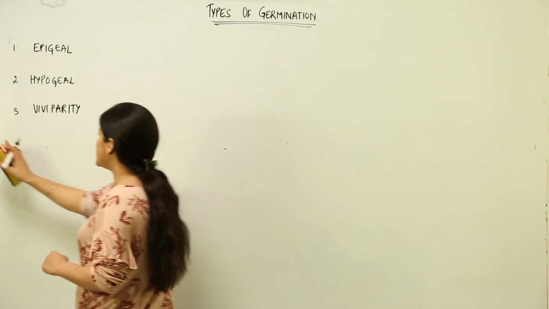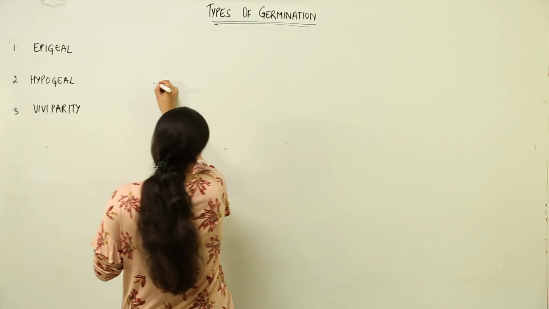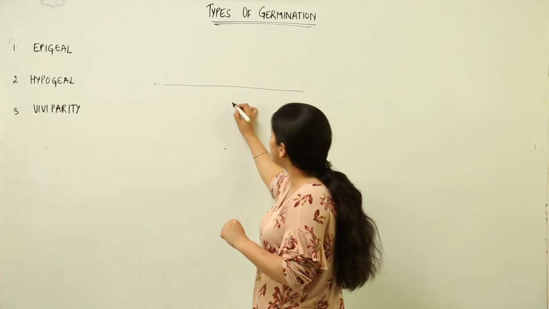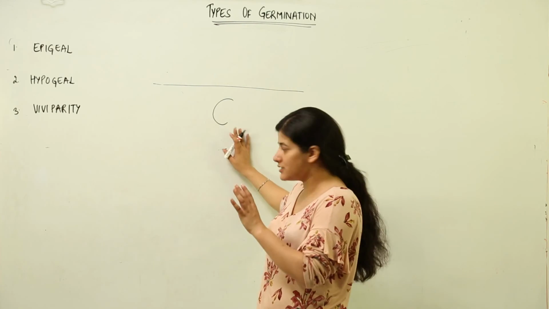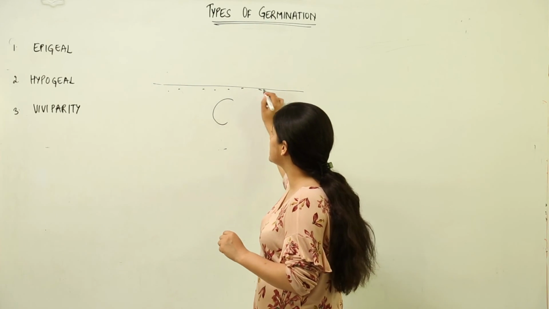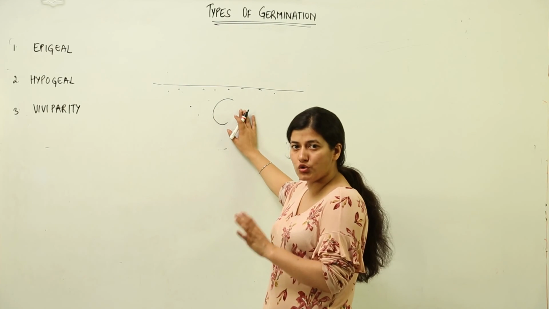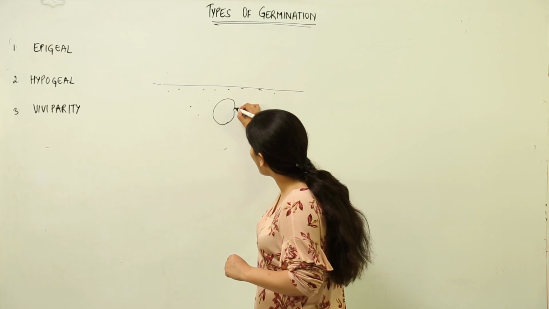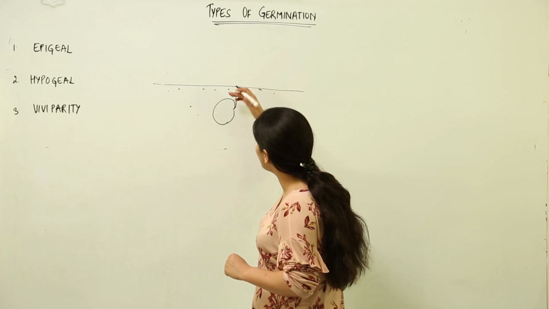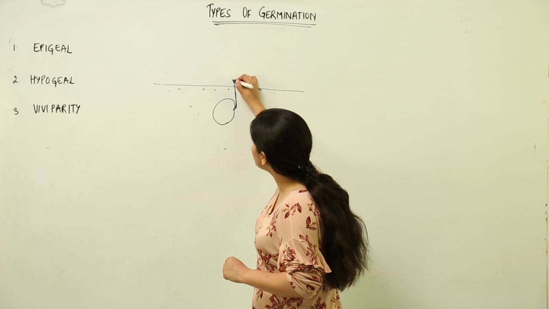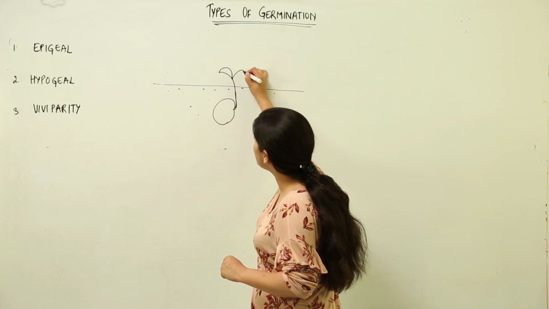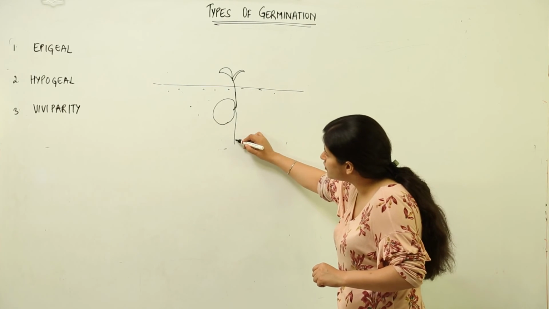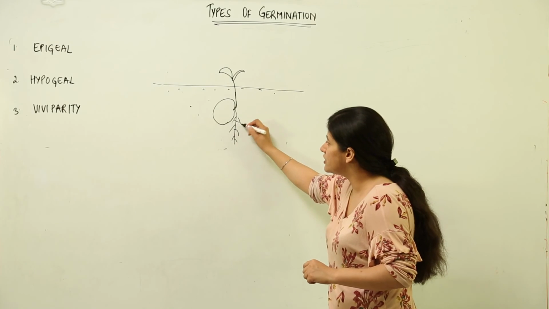We are talking with reference to the soil. This is the soil layer. If the seed is beneath the soil, this is the point from where the plumule originates. It would come out and give rise to leaves like this. Then these leaflets would do their function and there would be growth of the root as well. This is how germination takes place.